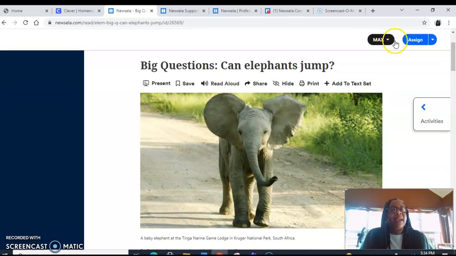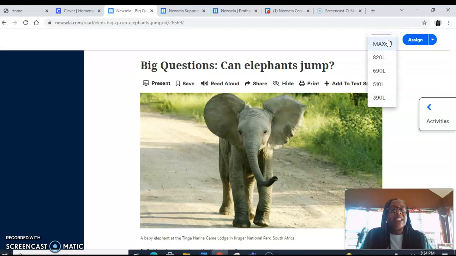that says Max, and we have a tab that says Assign. If I click on the Max, this is going to allow you to use the same article with different students using different Lexile levels. Max is the most difficult way that they can write. They chose to write this article for the students. And if you look at Max,